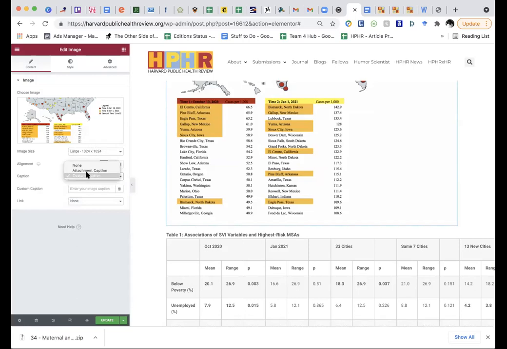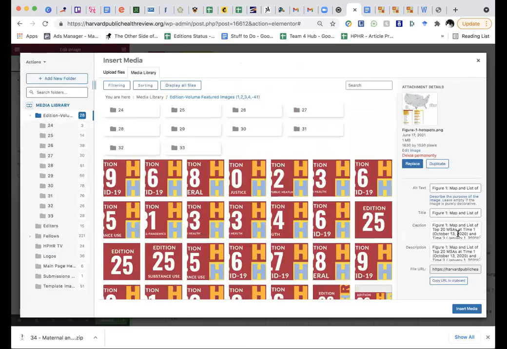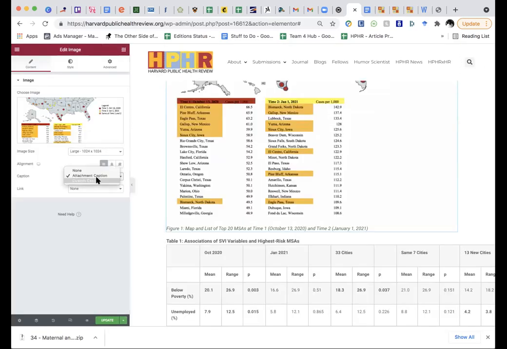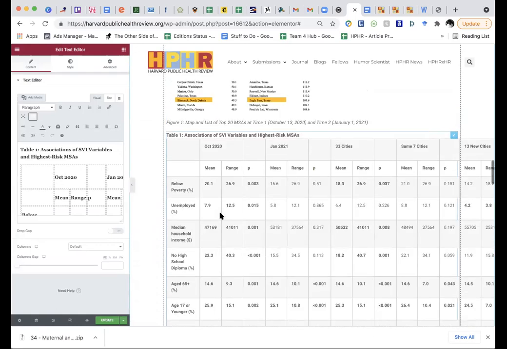What I like to do is grab it directly from that back end. From here, we've already entered our caption. So we're going to select attachment caption, and it's drawing it directly from the back end. For the tables, so